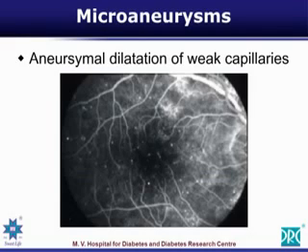They are aneurysmal dilatations of weak capillaries. Because of the process of diabetic retinopathy affecting the walls of the capillaries throughout the capillary bed of the retina, they undergo weakness and localized aneurysmal dilatation. And when these aneurysmal dilatations fill up with the fluorescent dye, we have these microaneurysms that are seen very well on fluorescein angiogram. If you look at the retina of these patients, you will see that there are red dots on the retina which are clearly diagnostic of microaneurysms.